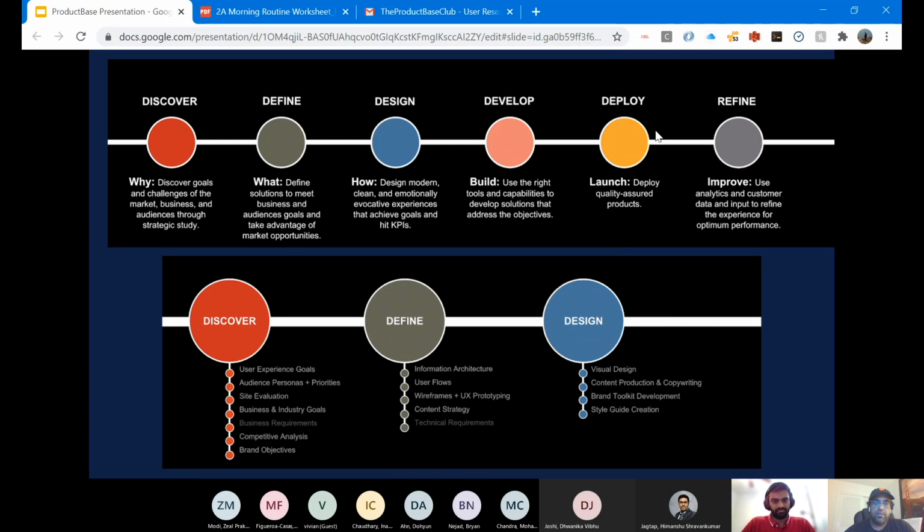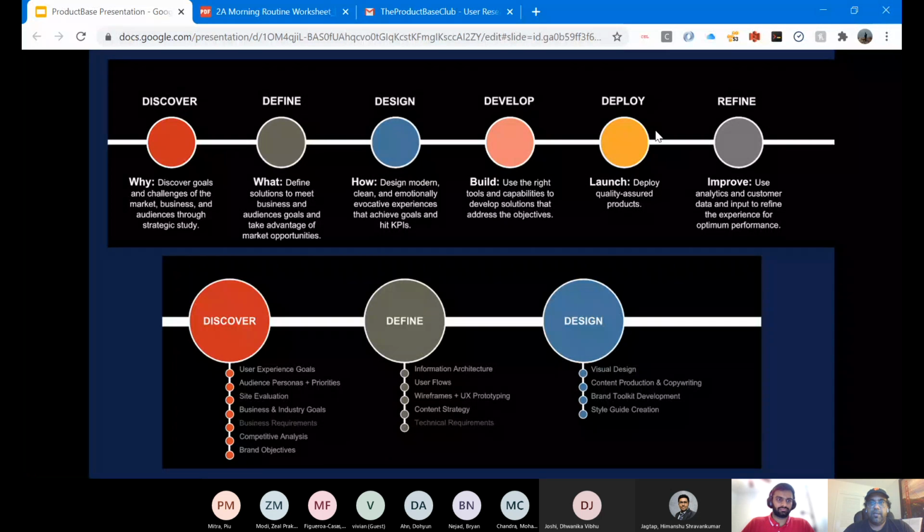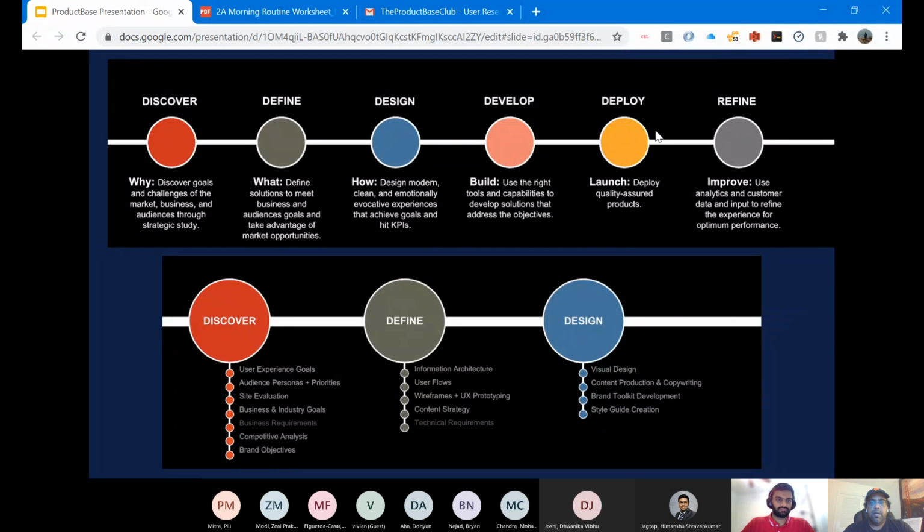So sort of flipping this whole thing, right? What does it look like from the discovery stage to the refining stage? We've seen the discovery piece is a joint goal between product and design. Definition is also a joint goal. Design, obviously, design leads that. Develop, deploy, and refine is where product folks really step in and take ownership. But it is important to keep these 3 things in mind, discover, define, and design,